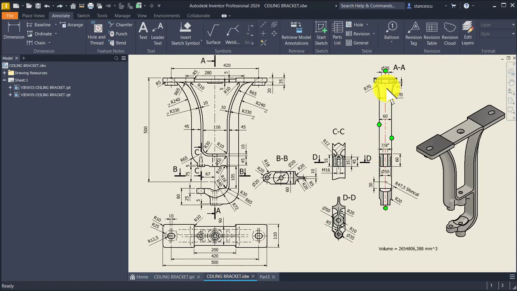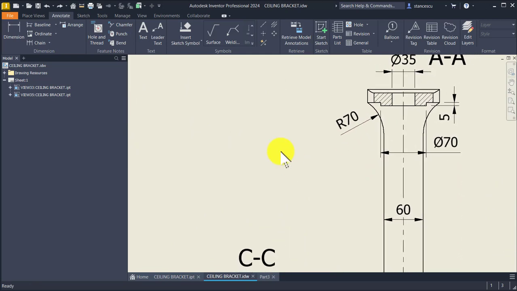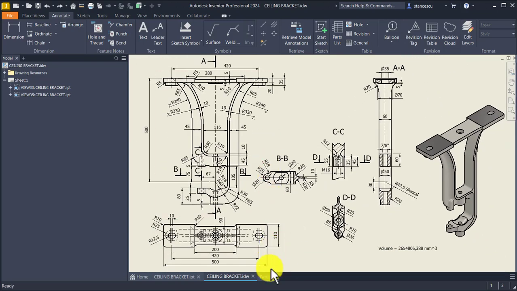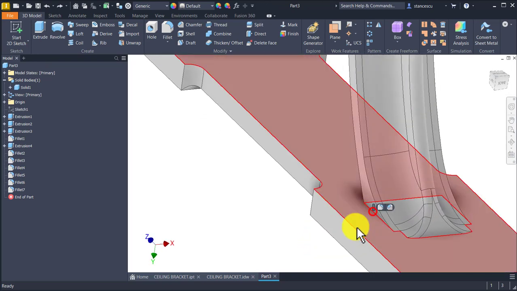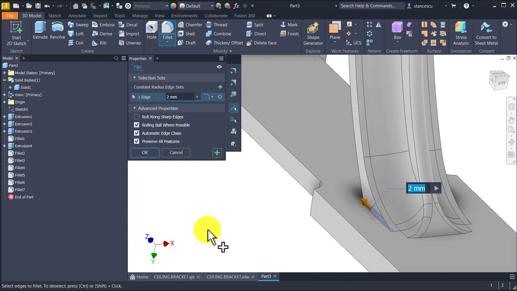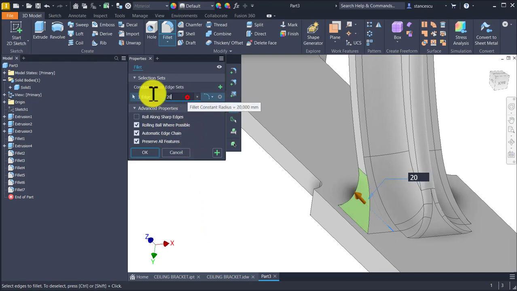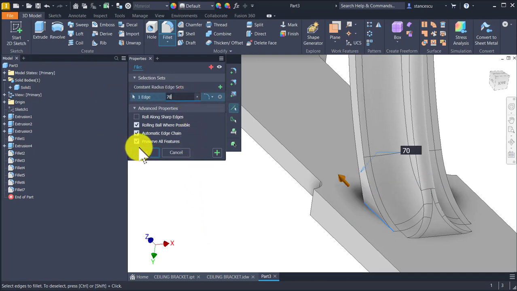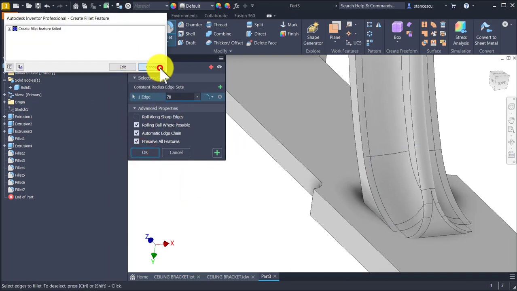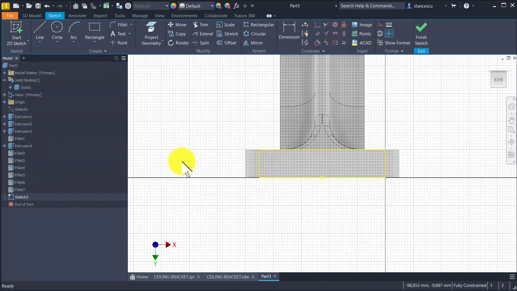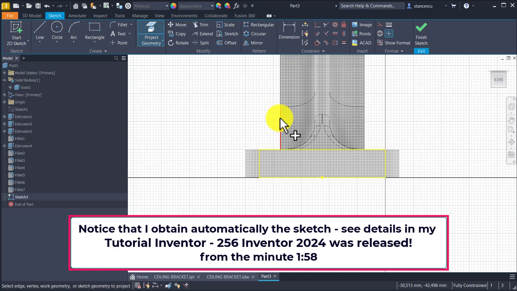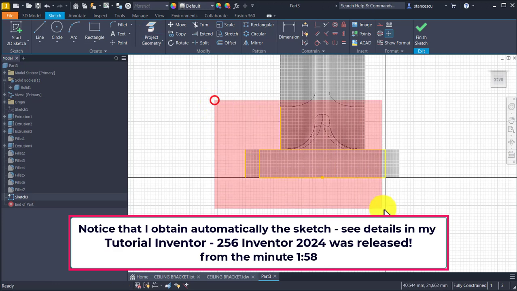Another fillet is this one, 70, but you will see that it is not possible to create because there is no room for it. I select this edge, I try with 20, it works, but if I place here 70, it doesn't work. So that I select this face, I project here this line, I make all of them construction lines,